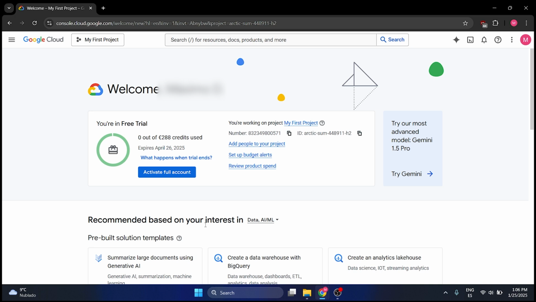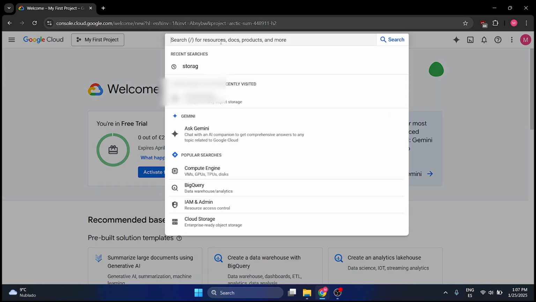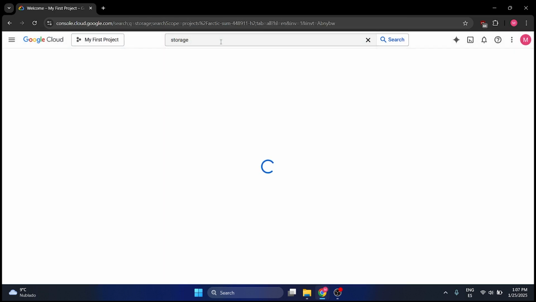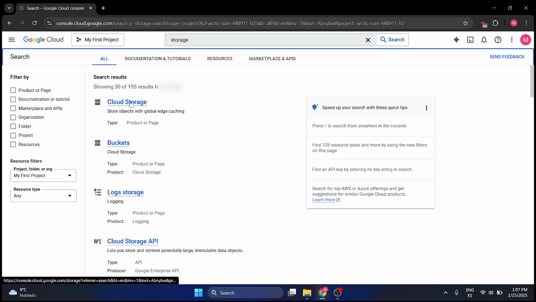So what we're going to do is, inside Google Cloud, go to the search menu, which should be here, and search for storage. We are going to use this search function a lot of times through these tutorials. Okay, so after we are done here, what we need to do is go to Cloud Storage,